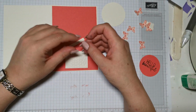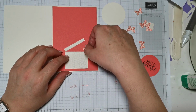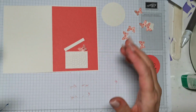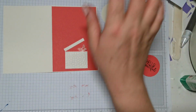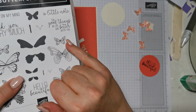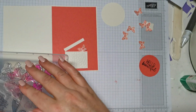Now what I want to do is have butterflies coming out of this box. I want it to look like the box has been opened and that butterflies are coming out. So I'm going to fit one under there. And how I did that was I got some very vanilla cardstock, and I just stamped this very small butterfly. Now these butterfly stamps, if I can get them out,